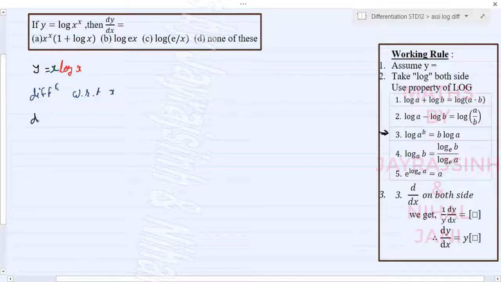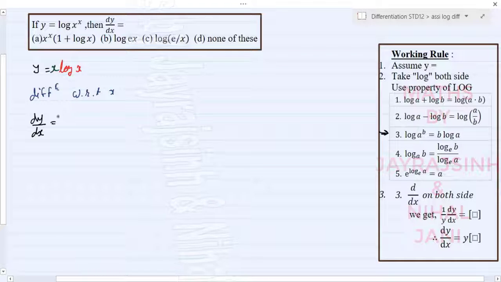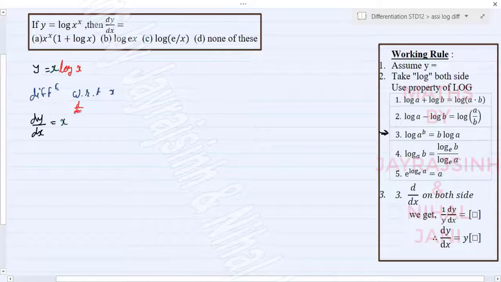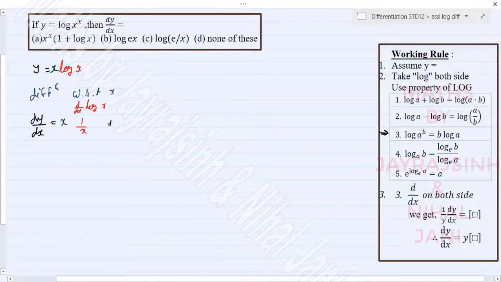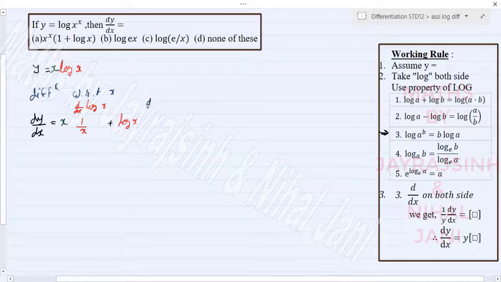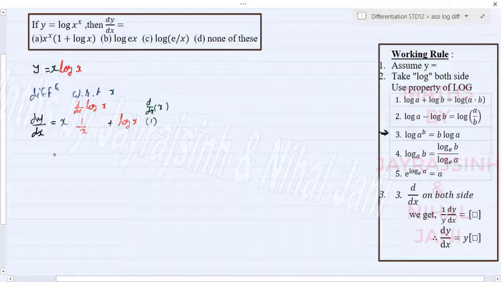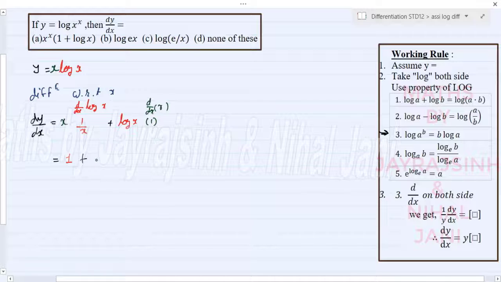So we'll get dy by dx. On the right hand side, we have to apply the multiplication rule. So your x will be as it is. We have to differentiate log x, which is 1 by x, plus your log x will be as it is. We have to differentiate x, which will be 1. So here we'll get 1 plus log x,